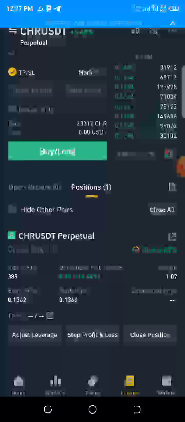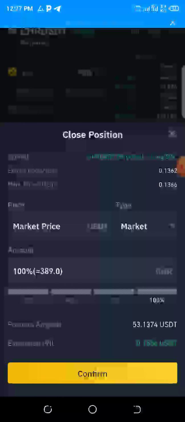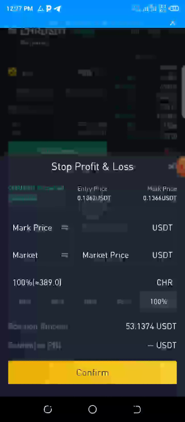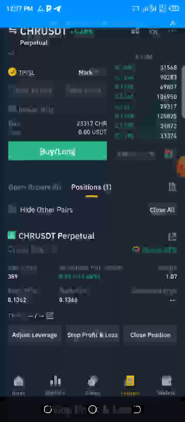Before it was red. I actually had to close it mistakenly. This is the first method. I made the mistake of confirming, using this to confirm. This is to close your trade. I closed my trade that time that it went off. That is, I want to accept the loss and I want to leave the place. That is the loss. But as I was making mention of stop loss, this is where we use for stop profit, stop loss.